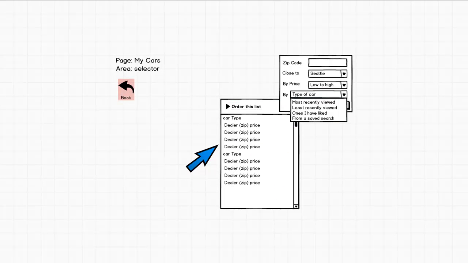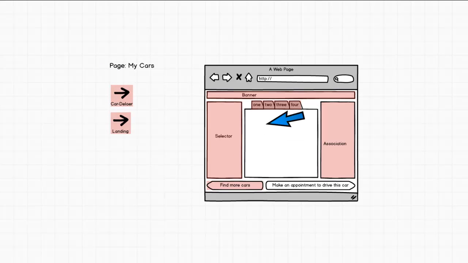The selector is a little bit different. Now I have car type with all the dealers for this particular car, so the assumption here is I've chosen this car, and now what I want to do is move towards the dealer car. So the My Cars page in this area looks a lot like the cars page, the select a car page,